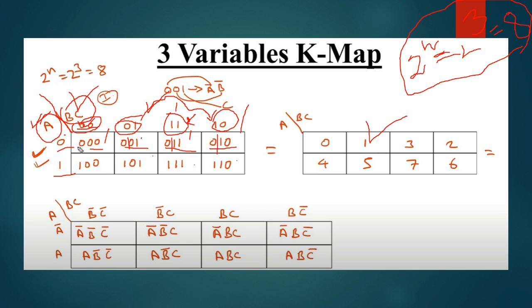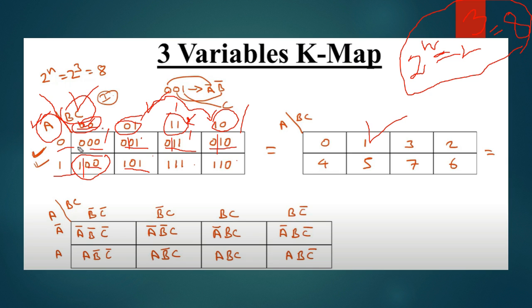So same goes for this one as well. We are taking this 1 from this A side, and BC holds the value of 00, that's why we have taken this 00, and this cell comprises 100. If you are having trouble understanding this, you should have some idea about the coordinate system or place values. So please go through that if you are having trouble understanding why these cells are taking these values.